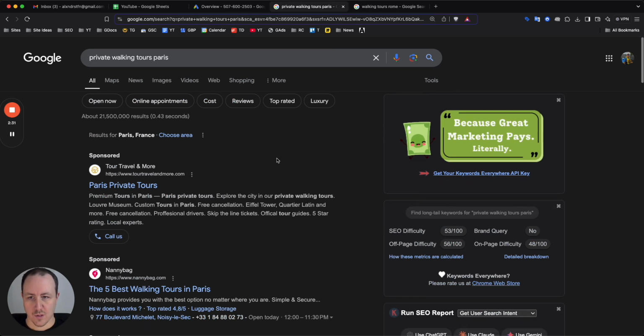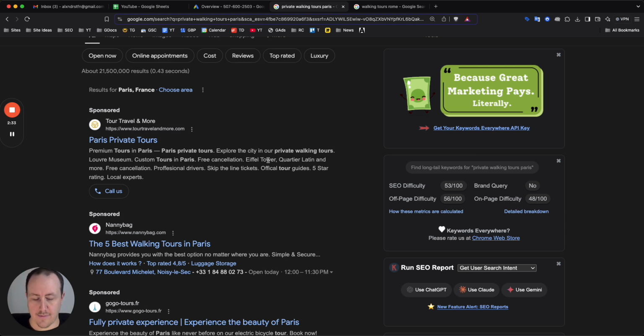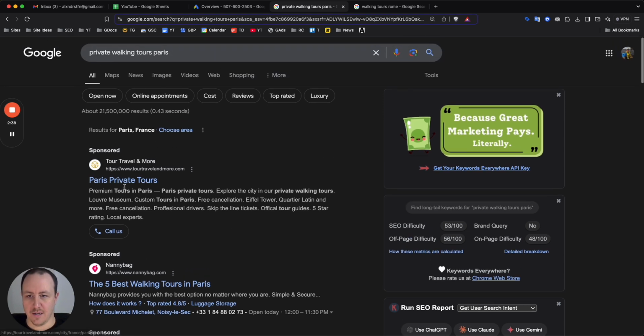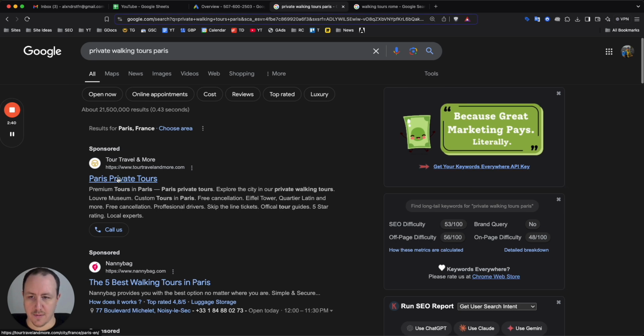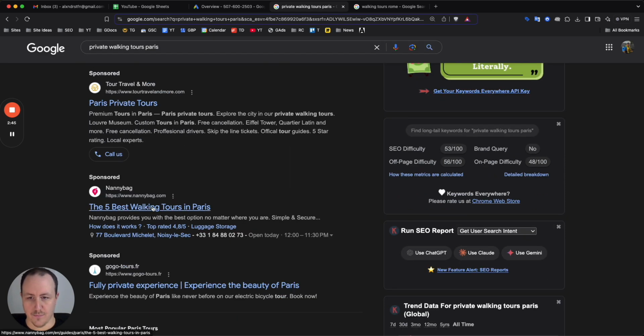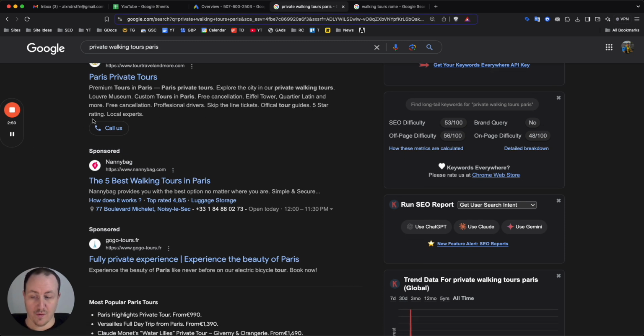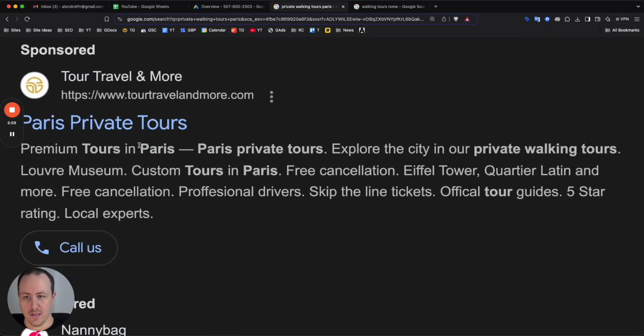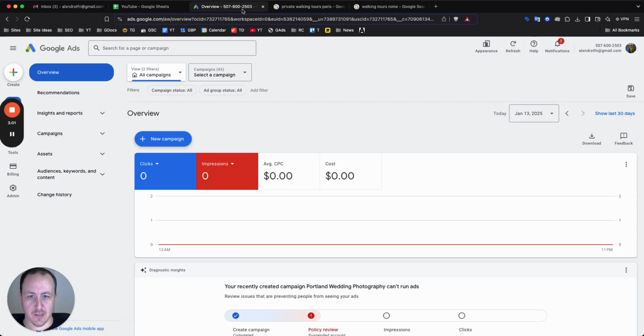For private walking tours in Paris, you do pay a little bit more to book private tours, but there's a bigger margin there as well. As you can see here, this company has Paris private tours, not mentioning walking tours. This one is just best walking tours in Paris and full private experience. So this is a more interesting search where, for private tours, your competitors still don't know what they're doing. Neither ad targets someone looking for a private walking tour. But let me jump right into how you can build out your own ads